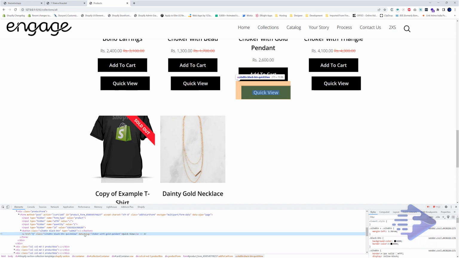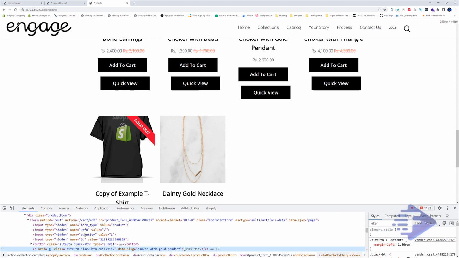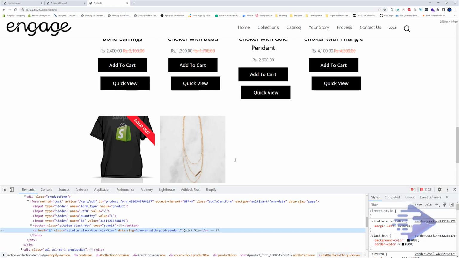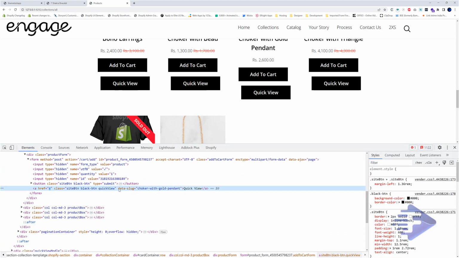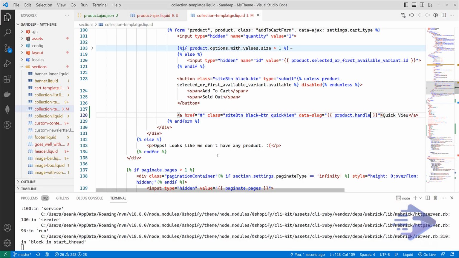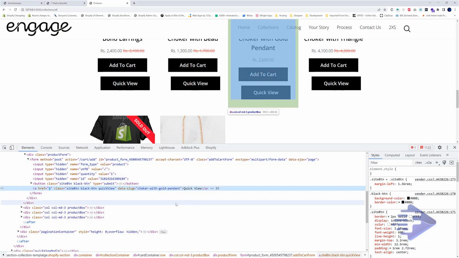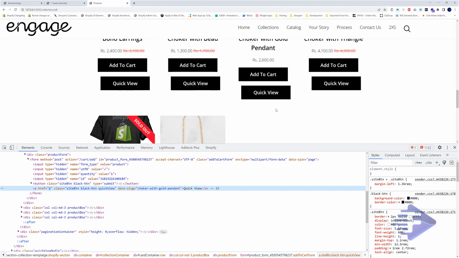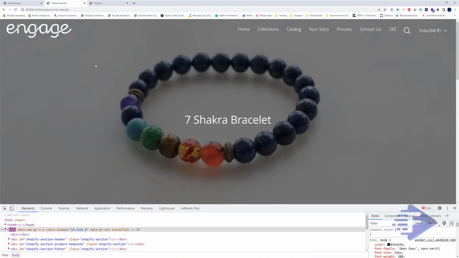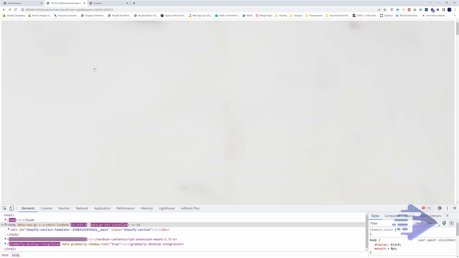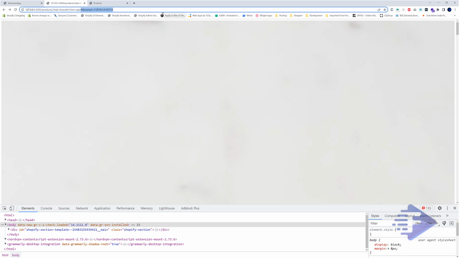Let me zoom this one also. You can see we got our slug over here, and based on this slug we are going to fetch our view. Remove this one.